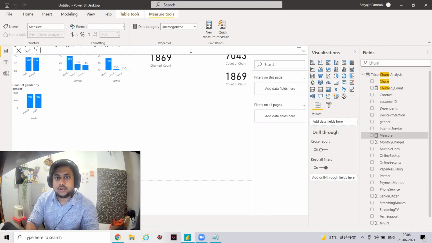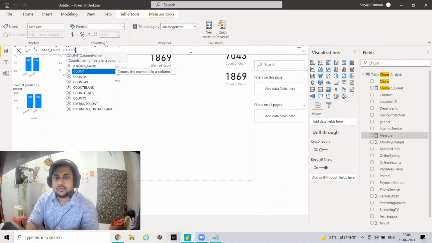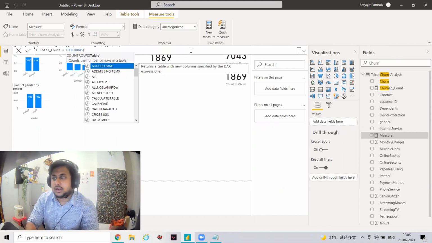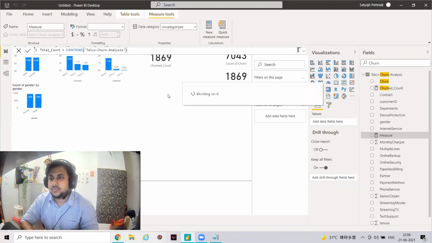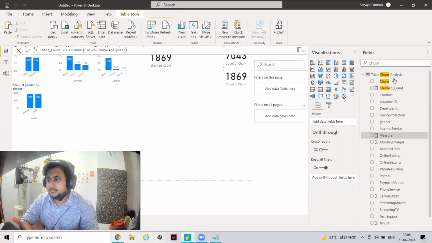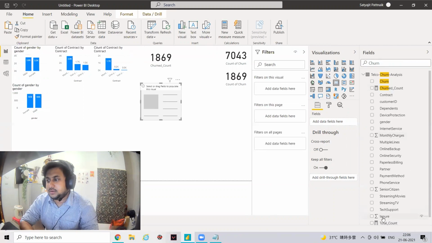So total count equal to count rows, table name telco. Okay, and just press yes. And once that is done, I'll create the card and just add the total count here.